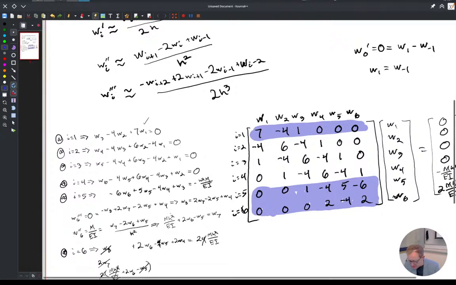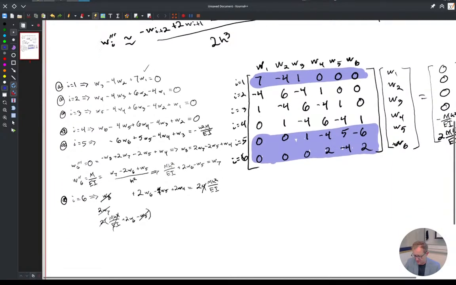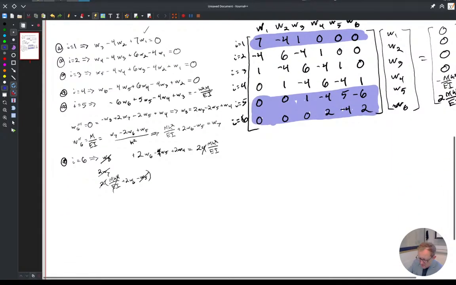So W7. That's W3. And now W7, I'm going to plug in